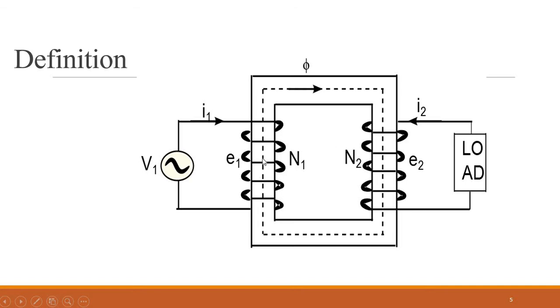So here, when we give an AC supply to this one winding, this will act as the primary winding, which has N1 number of turns. There will be a self-induced EMF E1. Also, because of this current, there will be a setup of flux. The flux phi will be set up here, and this flux phi will pass through this core. Then that flux will link with this second coil. To this coil, the load is connected. This coil is called the secondary coil, which has N2 number of turns.